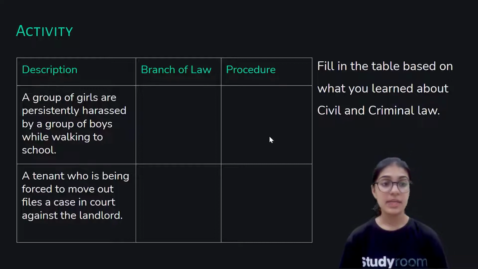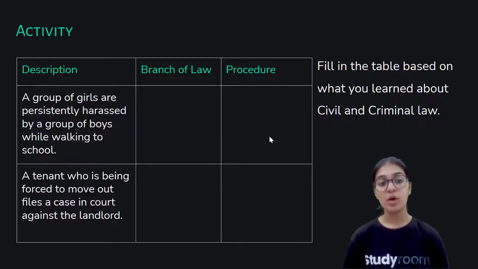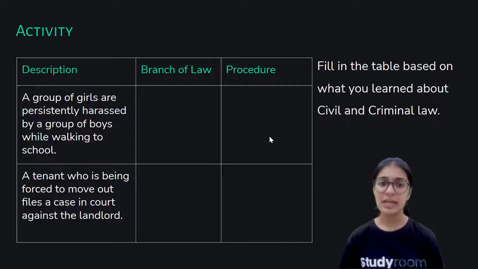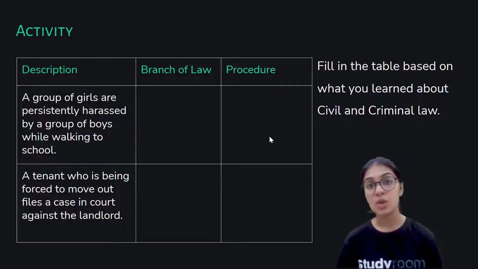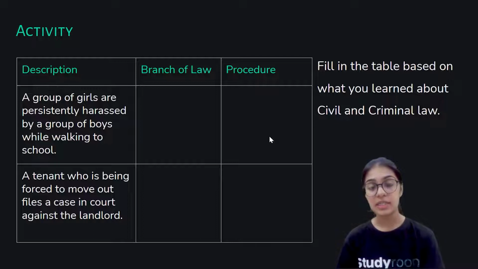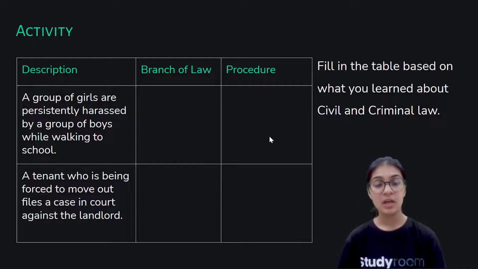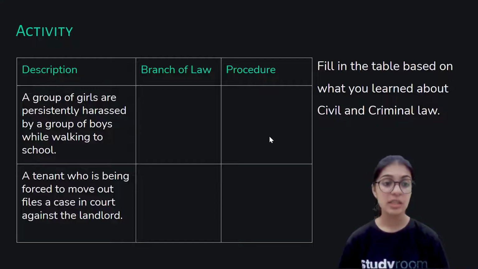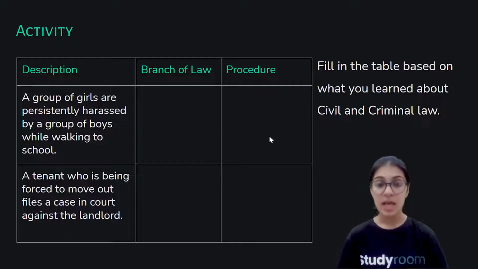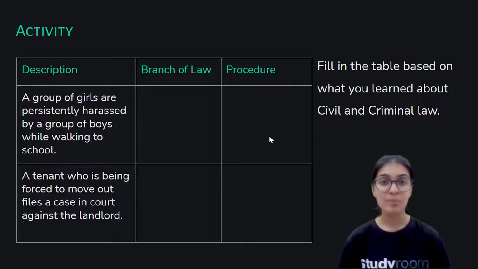The second description says that a tenant who is being forced to move out files a case in court against the landlord. All right, we discussed a similar case before, wherein there was a conflict between the tenant and the landlord, and the tenant was not giving the rent to the landlord, so the landlord filed a petition against the tenant in the court. Here there is a little change: the tenant is being forced to move out of the house by the landlord, and the tenant files a petition against the landlord in the court. This is quite evident that this is a civil law case,